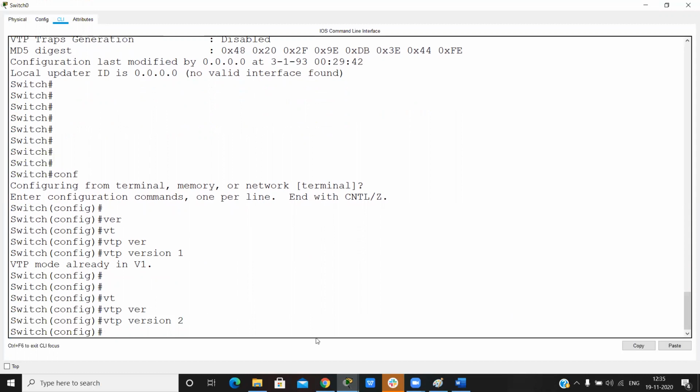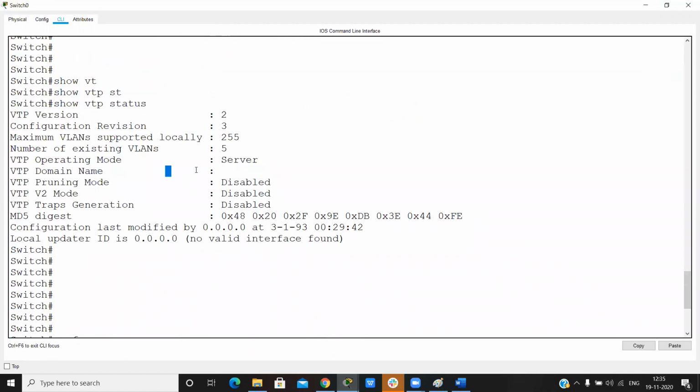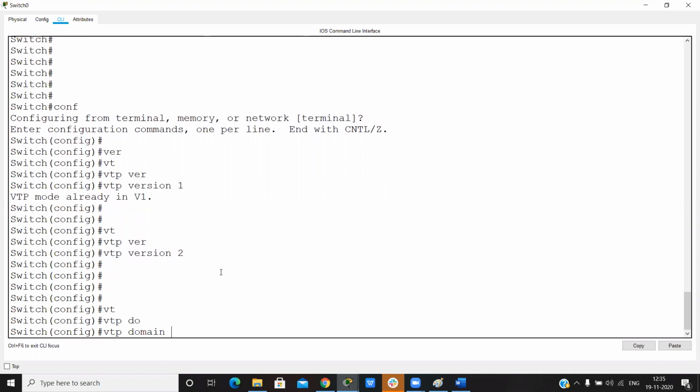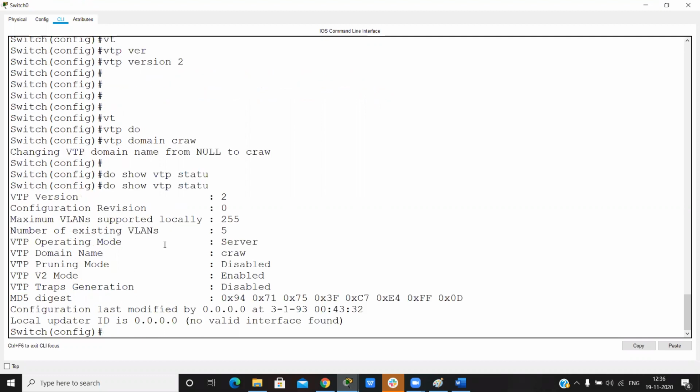Okay. If we want to change the VTP domain name, see here, the VTP domain name is null. If I do VTP domain name CRA, and then check VTP status, the VTP domain name is CRA.